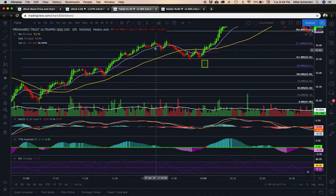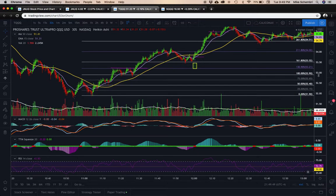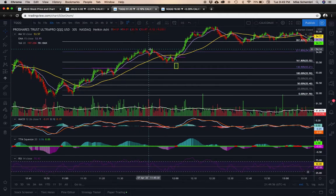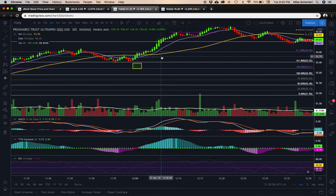And it's really high up into the run for the day here. So if you zoom out, you can kind of see how much run it's already been on. So after it hit this 211 fib, it just kind of came back, it consolidated, but it consolidated off of the 161 fib and into a W pattern off the 50. And basically, after we got confirmation on the 50 right here,